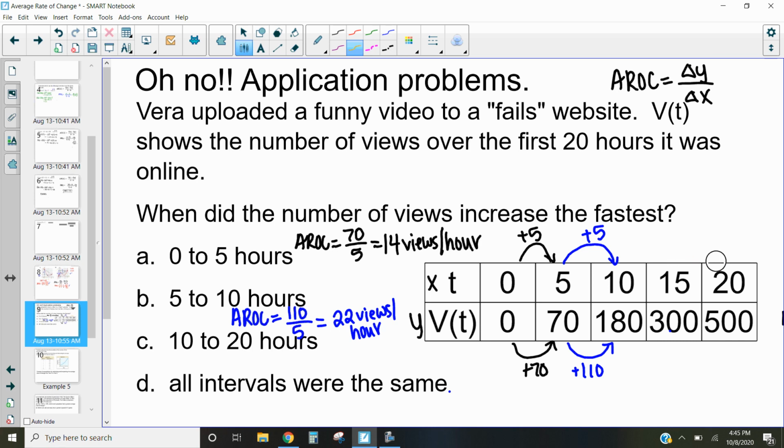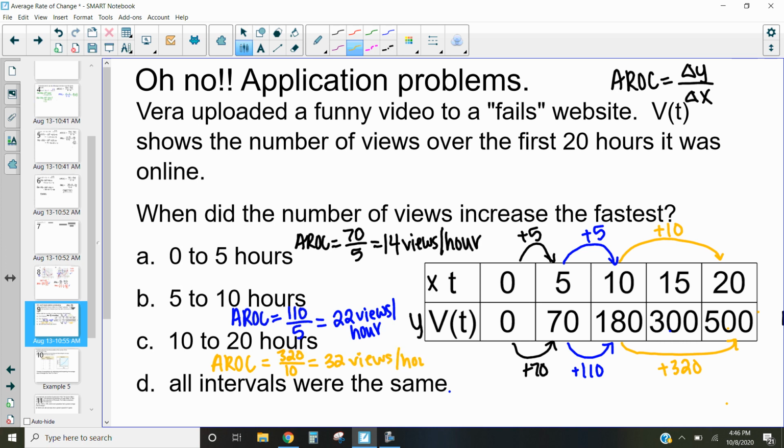how many views we have not from 15 to 20, but from 10 to 20. So from 10 to 20, our X changed by an increase of 10. Our Y went from 180 to 500 as well. And that 180 to 500 is an increase of 320. So let's see what the average rate of change is there. So the average rate of change from 10 to 20 was 320 divided by 10. And that's 32 views